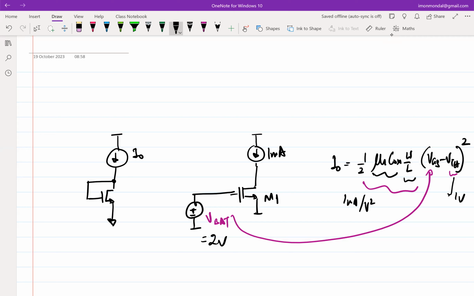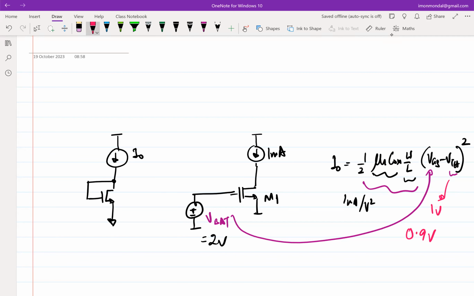So VBAT is not varying, the 1 milliamp current is not varying. But let's say temperature varies and let's say threshold voltage changes. So, okay, let's take an example, right? I assume threshold voltage to be 1 volt. Let's say the threshold voltage changed to 0.9 volt,